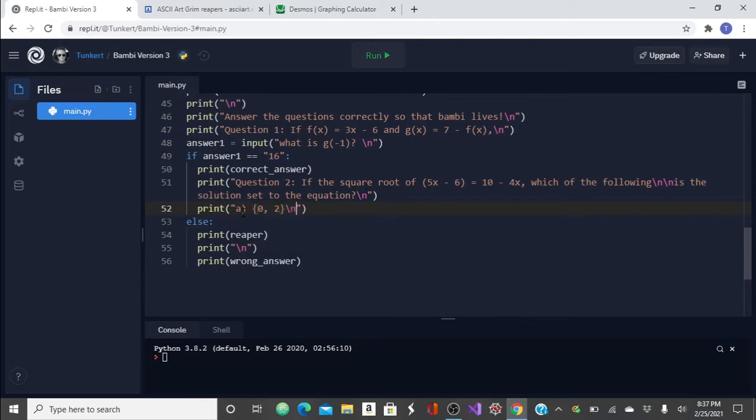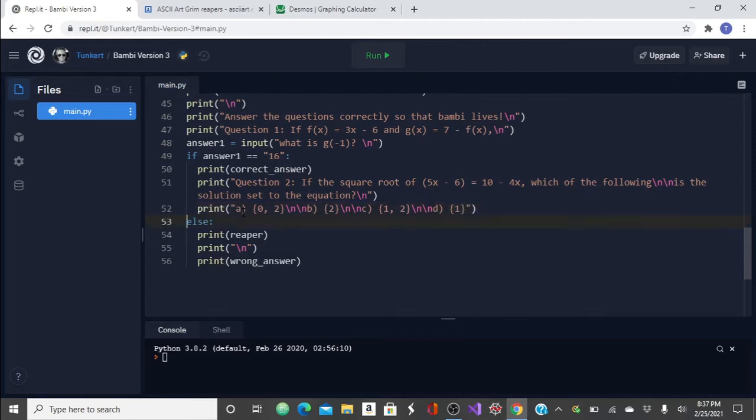And then we'll do a little space, two new lines. And then solution B is going to be just 2, and then a couple lines. Solution C is going to be 1 and 2, and a couple lines. And then solution D is going to be just,